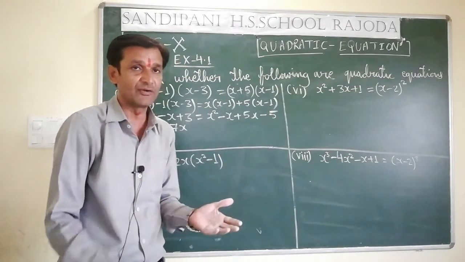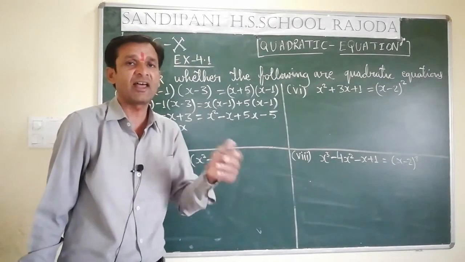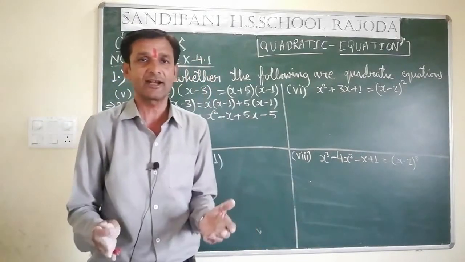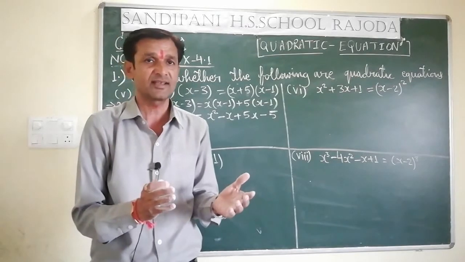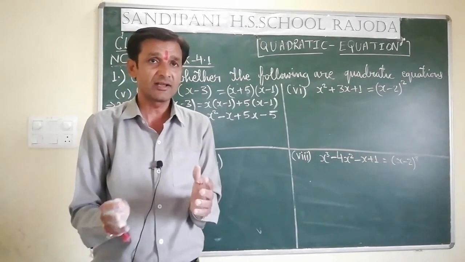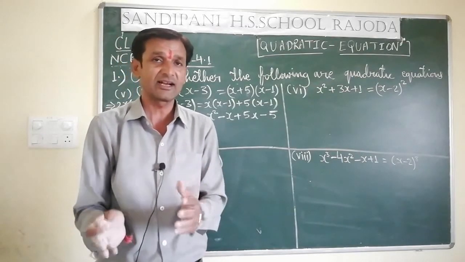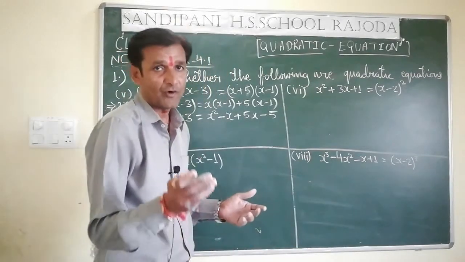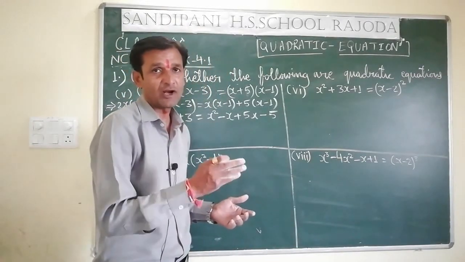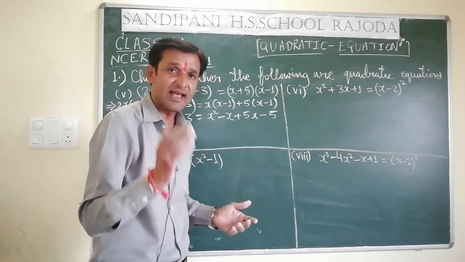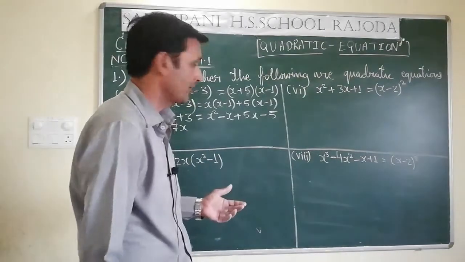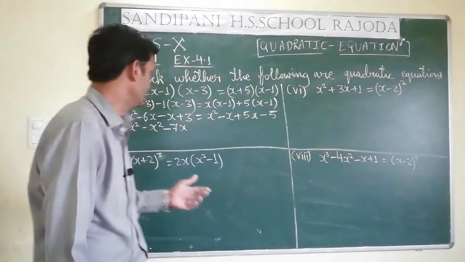If one is positive and another is negative, that I have already told you, we will have to subtract one term from the other, depending on which one is bigger. From the bigger digit, the smaller is subtracted and then the sign of the bigger number or bigger term is applicable there. Here it is minus 7x,